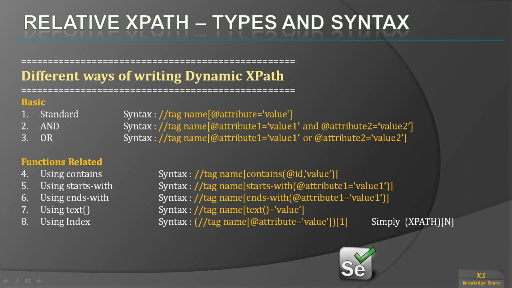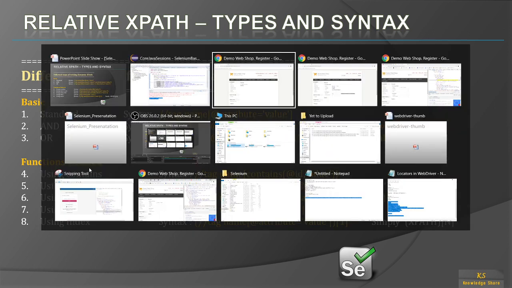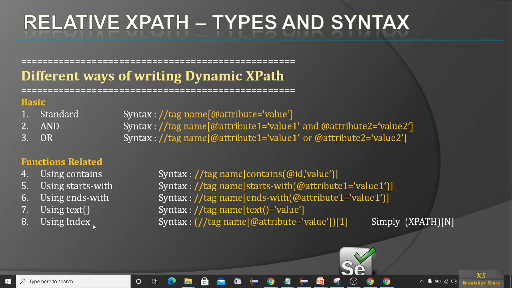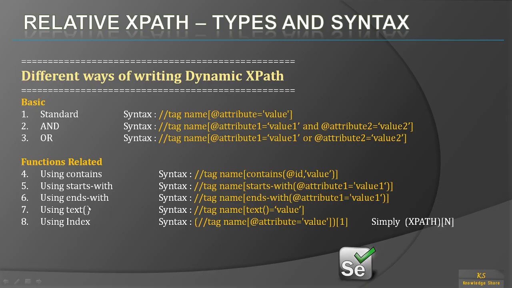In the next session we will see all these five functions related, which is pretty much similar to CSS selectors that we used. So if you haven't watched that video, you can just go and watch that CSS selector so that you can easily relate it. So there we used symbols for contains, starts with and all, but here we will be using keywords like contains, starts with, ends with. So we will see with examples of this registration page capturing the error messages. Everything we will see in detail in the next session.